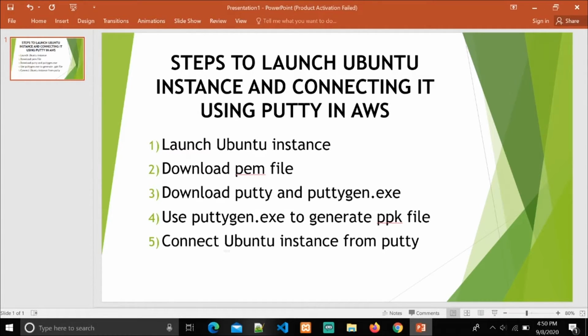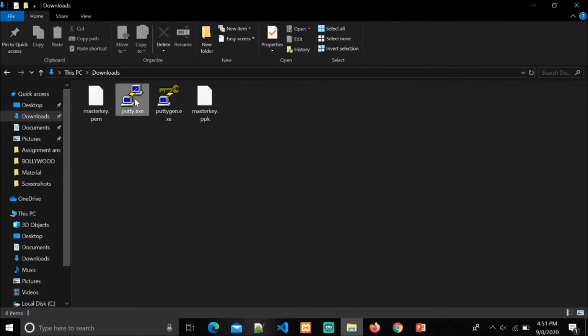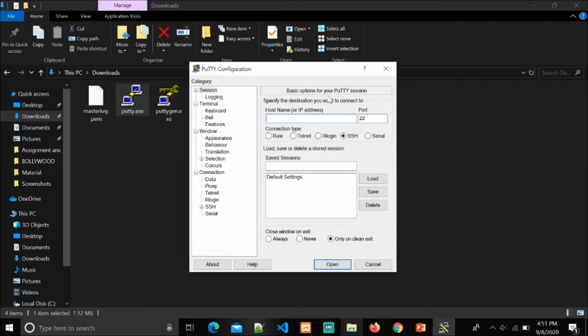Now we have to connect Ubuntu instance from putty. So we have to click on putty and here host name or IP address. We have to give here host name or IP address.